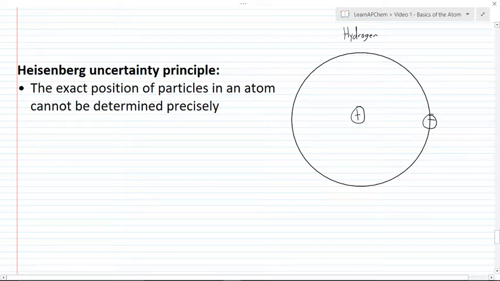And so this is where things like quantum mechanics come from, or like Schrodinger's cat, where the cat is both dead and alive until you check the box. Sort of a similar thing. So that's the Heisenberg uncertainty principle. We can probably tell you that the electron is here, but in real life, you can't determine the precise position of that electron. So good question.